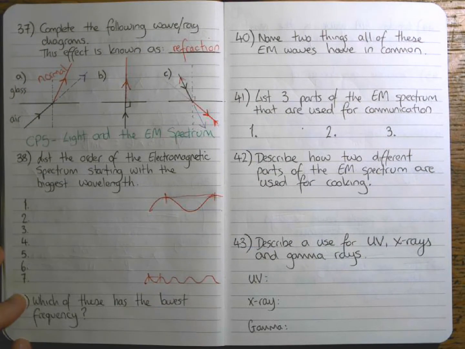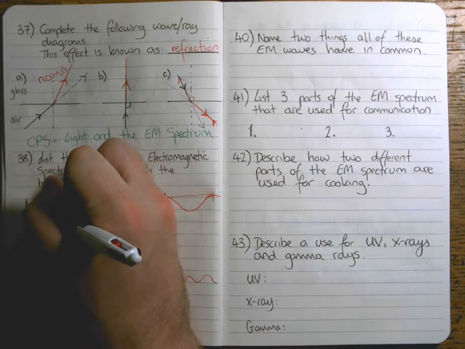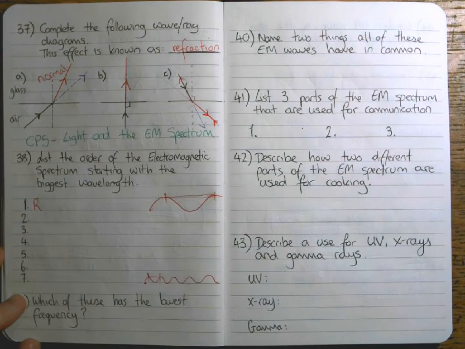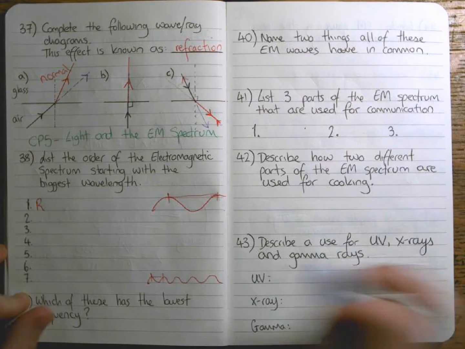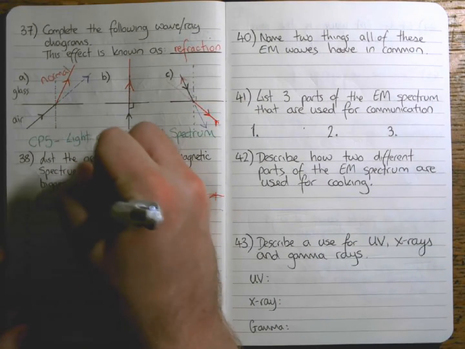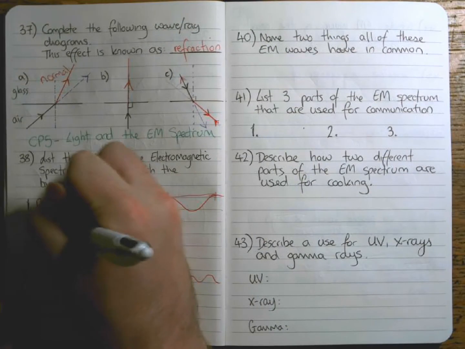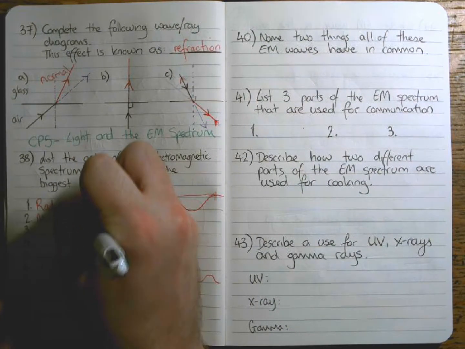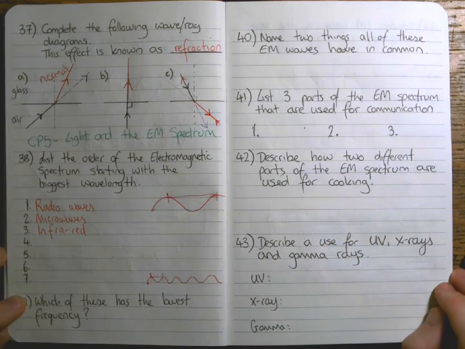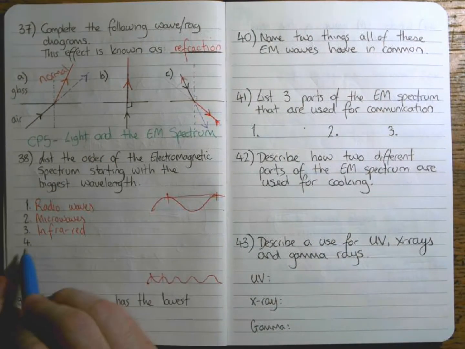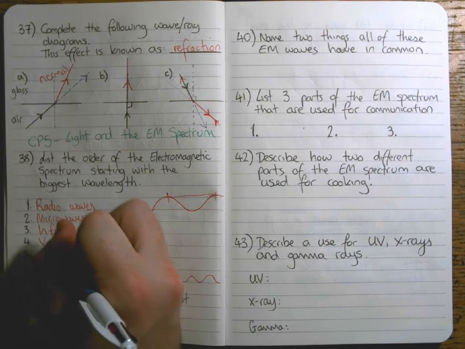The biggest wavelength, well, how about I give you the first letter, see if you can get that one, and then fill in all of the rest. We'll go through that in a couple of seconds. So the order is radio waves, microwaves, infrared, and right in the middle is visible light,